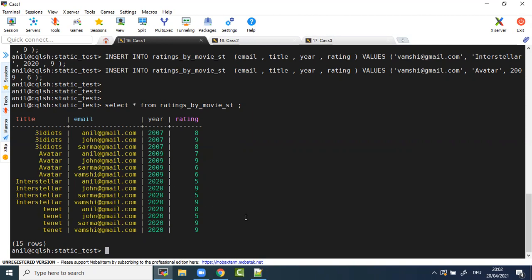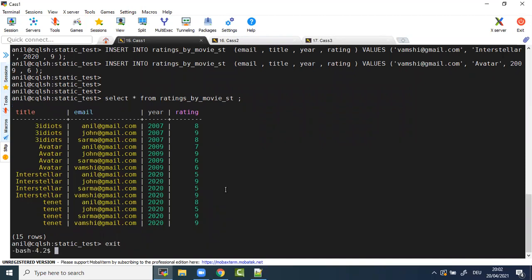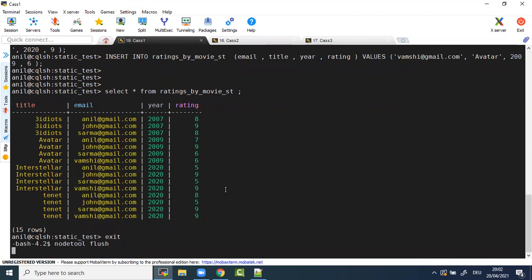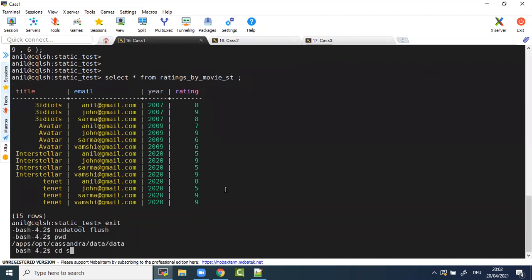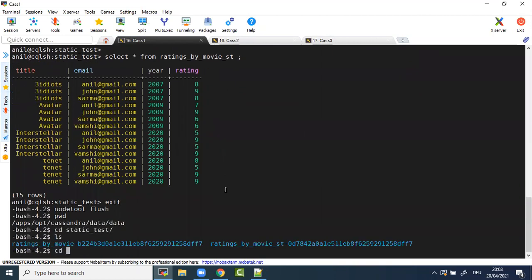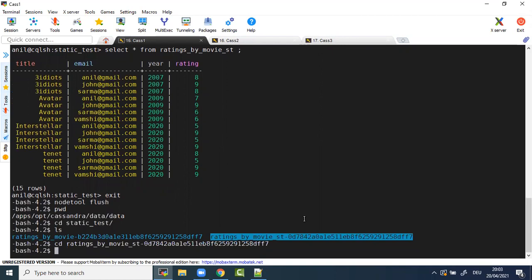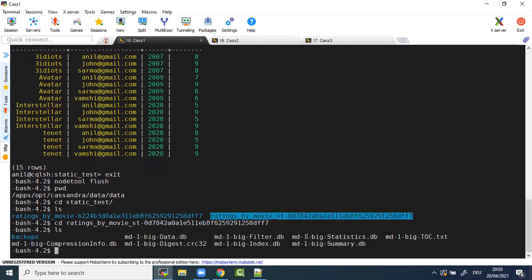Now, before that, let's see how your static column table stores the data inside your storage. Exit, and what I do is I'll say nodetool flush, so that I'll just flush the memory content into SSTable. Where I'm here, then static test, say ls, and you get to see this table.